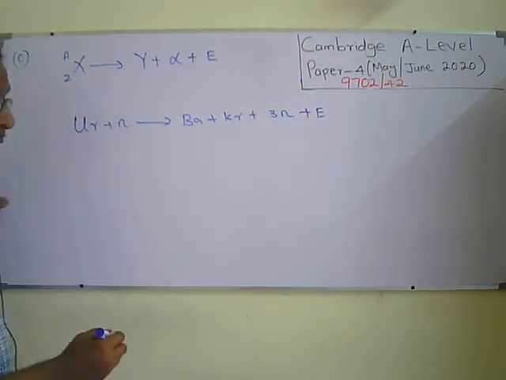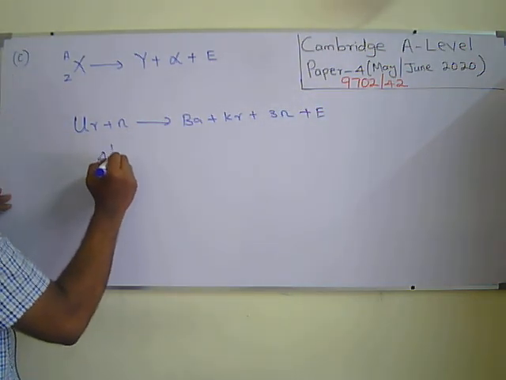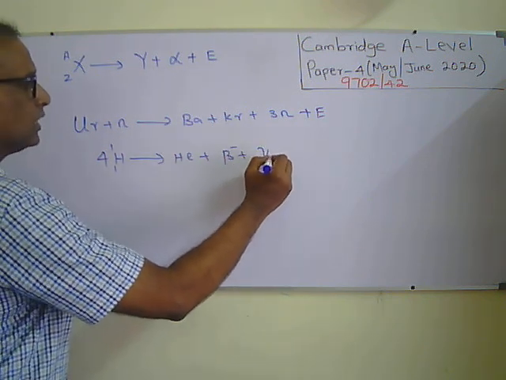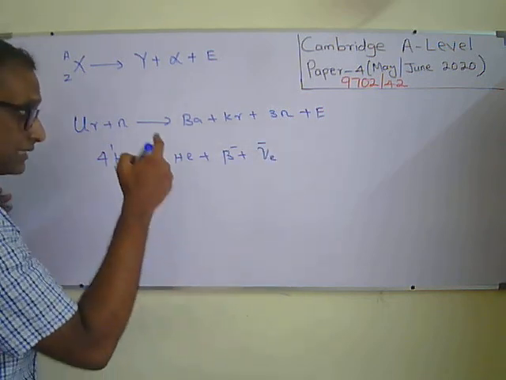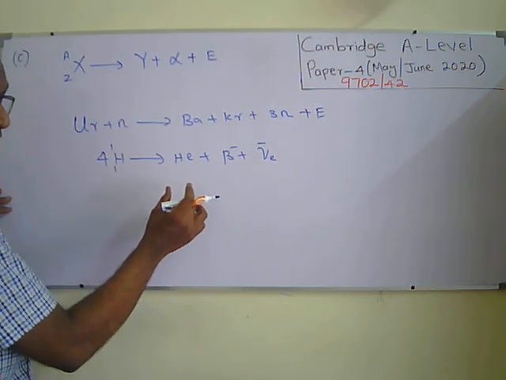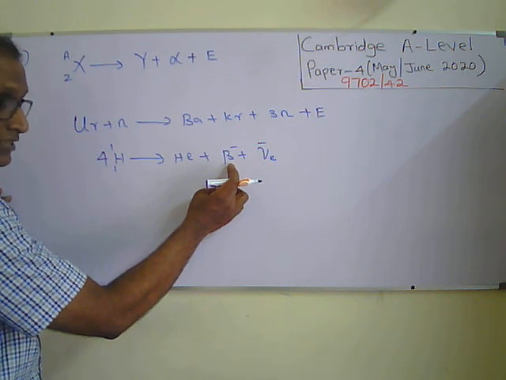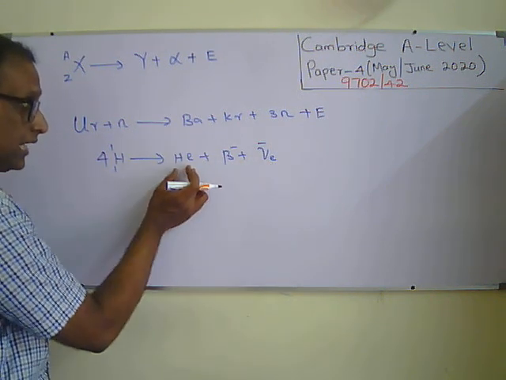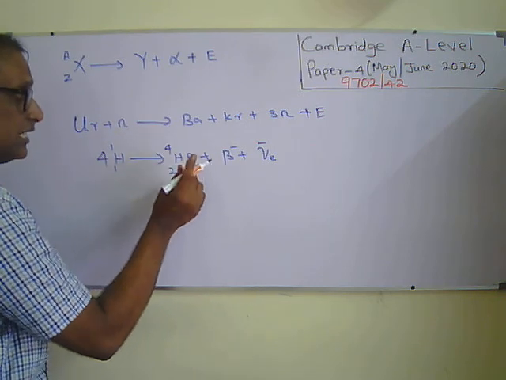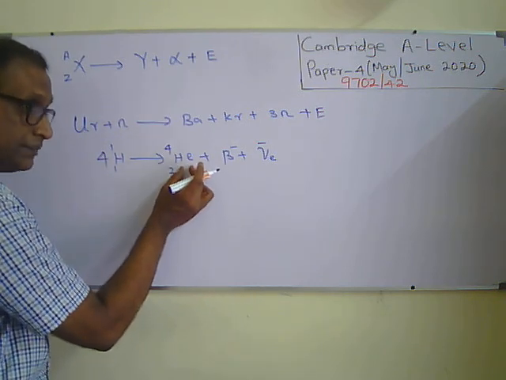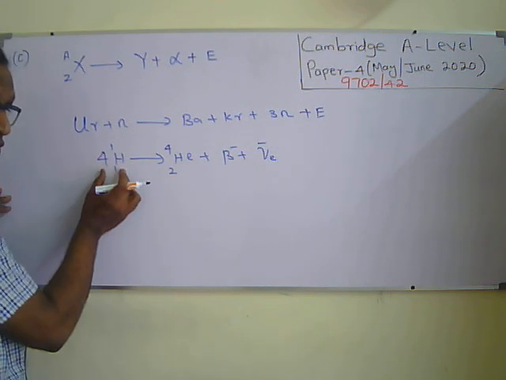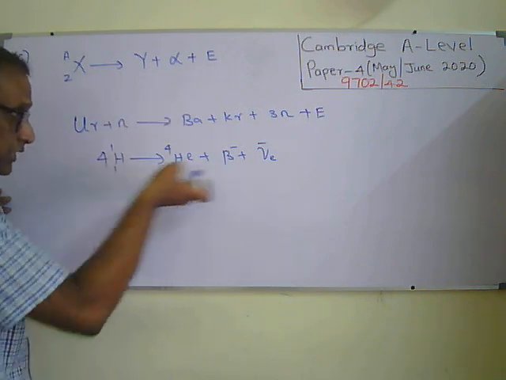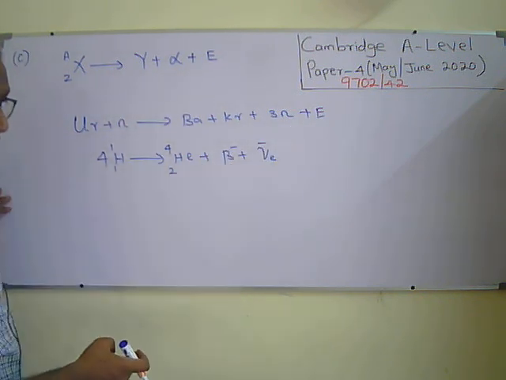Even during a nuclear fusion reaction, 4 hydrogen-1 nuclei become helium, and a beta-plus and neutrinos are released. Here also, the free electron and free neutrino have no binding energy. But helium has binding energy, so the binding energy per nucleon of helium is larger than that of hydrogen; it is more stable. So during this reaction, energy will be released.